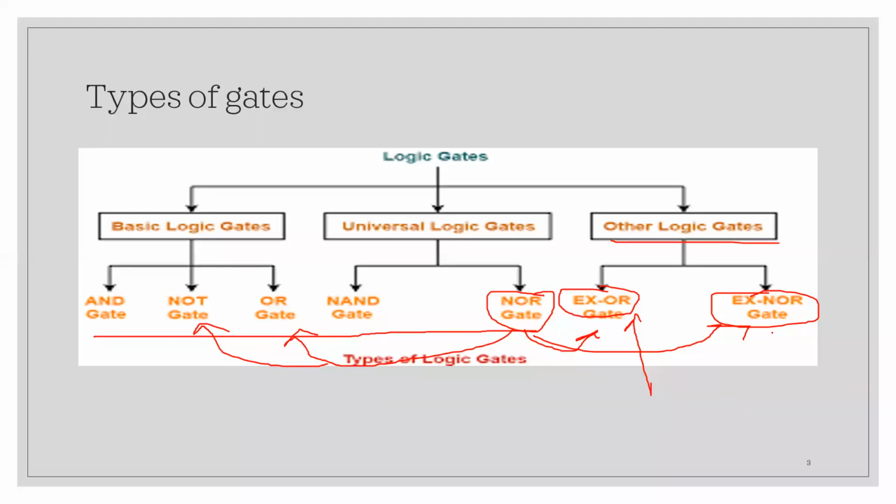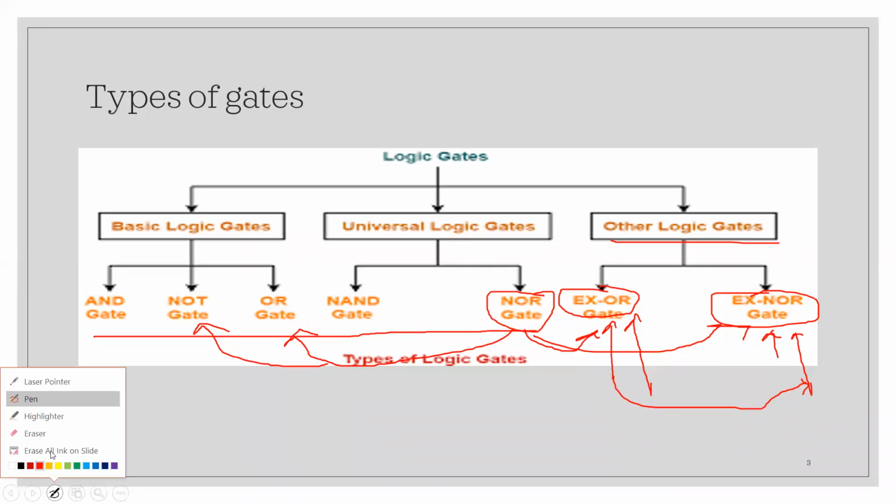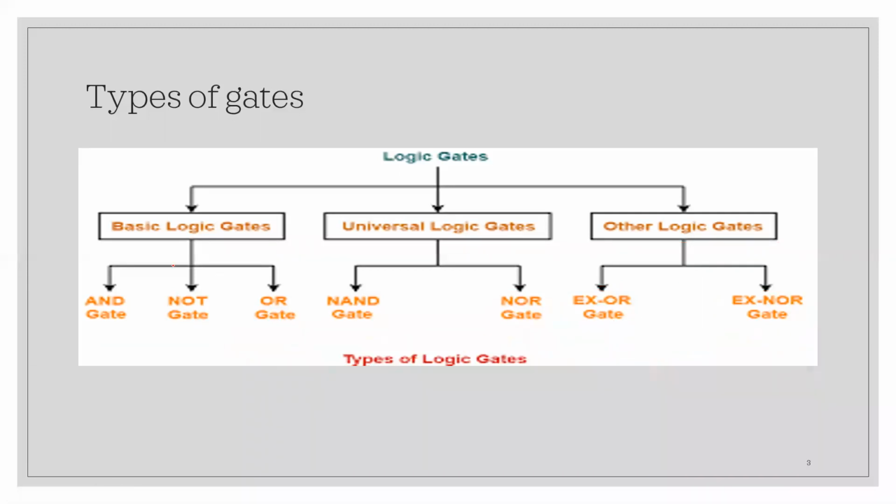Another thing, XNOR: when all the inputs are the same. So you can see it is not exactly parity check. If all the inputs are the same, I'll get the output as high for XNOR. When all the inputs are the same, I'll get logic 0, or low output, for the XOR gate. So I can use it in some other form, that is, to check whether all the inputs are the same or not. These are the things which fall under the other logic gates. So: basic logic gates, universal logic gates, and the other logic gates.